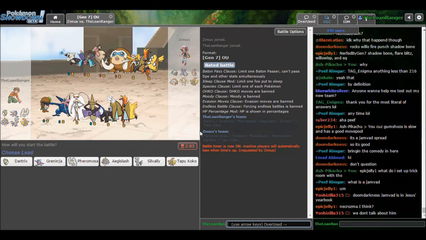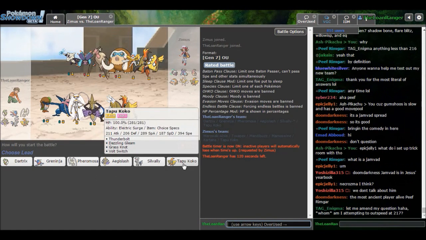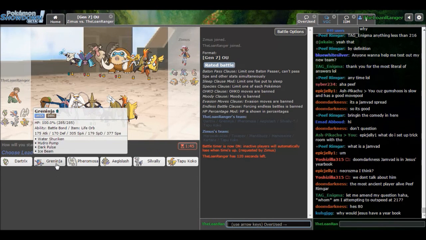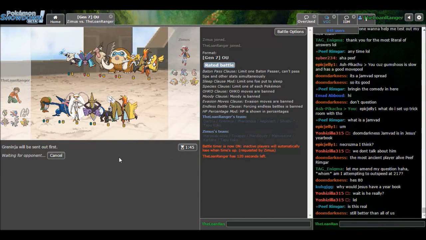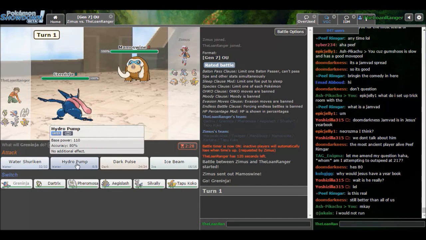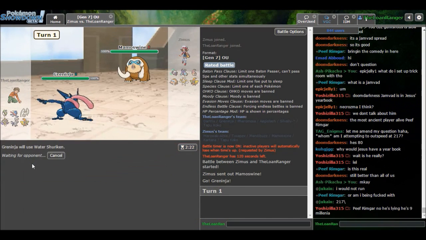He also gets plus 10 speed, which means he gets to outspeed Tapu Koko after Battle Bond, which means Tapu Koko would die to Hydro Pump. That's, yeah. You get the idea. I think I'm just gonna... He could easily just leave Mamoswine, try to get off the Stealth Rocks, so I'm gonna leave Greninja. Yep. I could go for Water Shuriken here, but again, unless I get like all the hits, it's probably not gonna kill. I'm gonna go for it anyway, because...